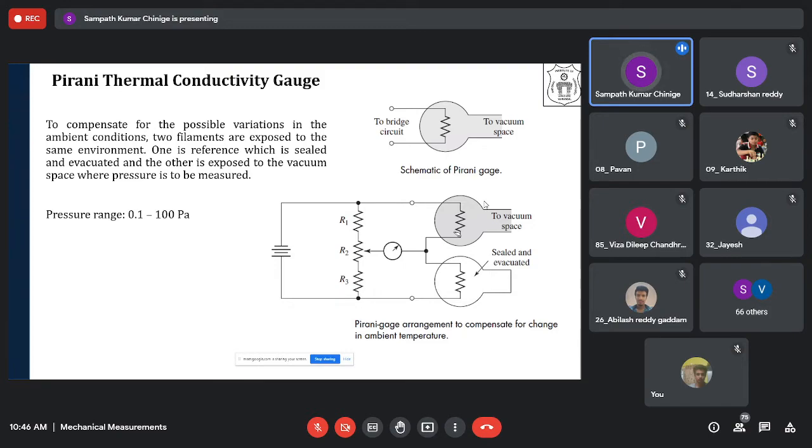So the limitation of the Pirani thermal conductivity gauge comes from the principle itself. That means at a very low pressure, thermal conductivity is a strong function of pressure. So that property we are utilizing to measure the low pressures. So don't just remember the principles. What I want from you students is that we have some principles, and we take care of those principles and their dependency on the factors that we want to measure. We are actually creating devices. That is the creativity that you should get, not just by rote learning this.